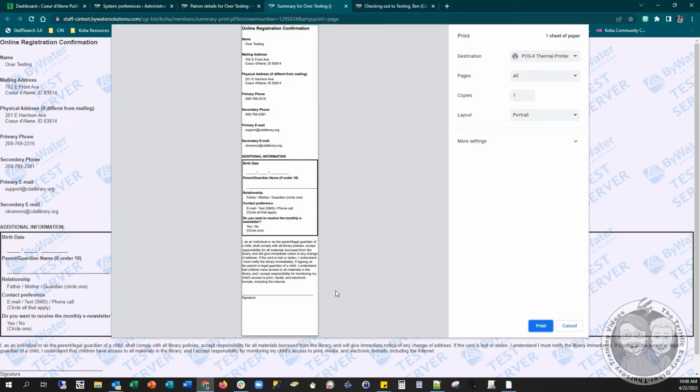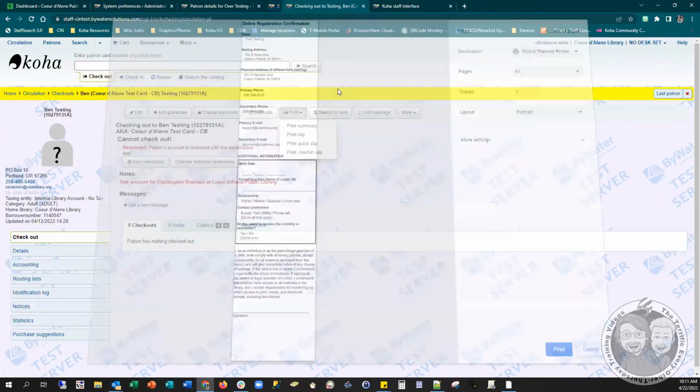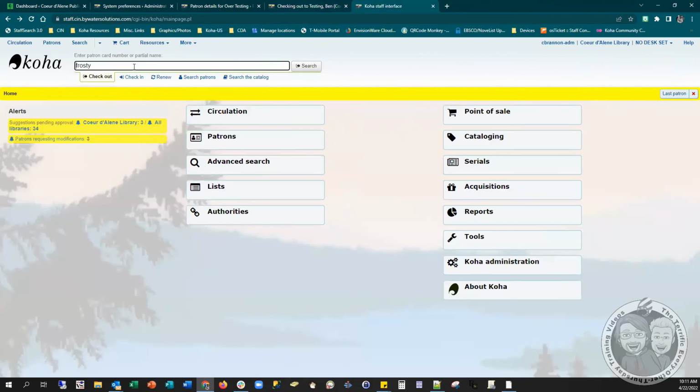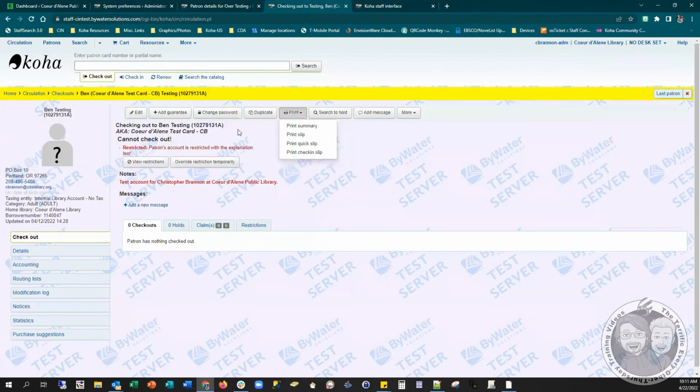So that is pretty much it. So there you have it, a nice confirmation slip for your self-registered patrons. And again, if you're a normal patron that is not self-registered or past that part, you will not see